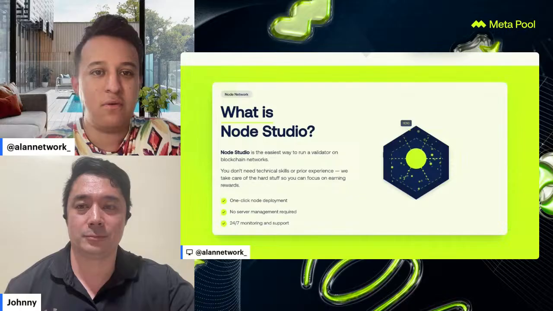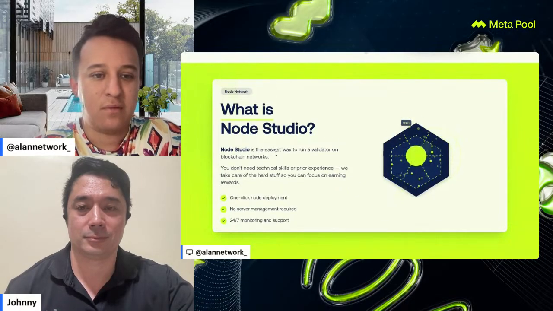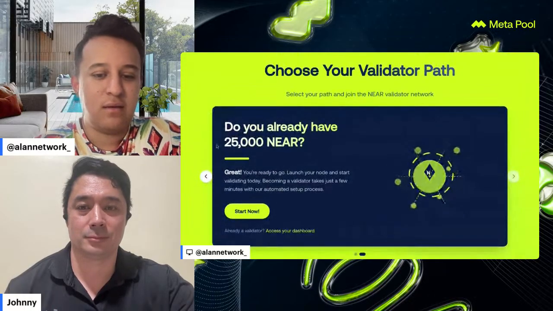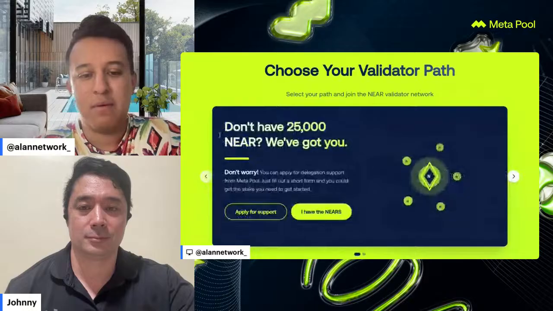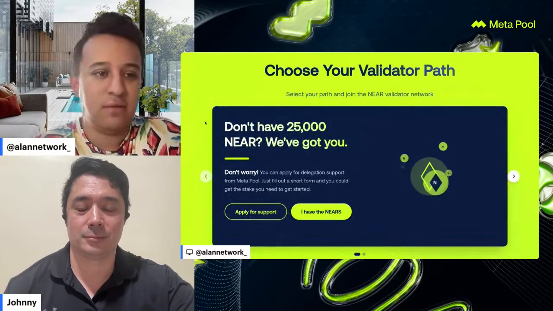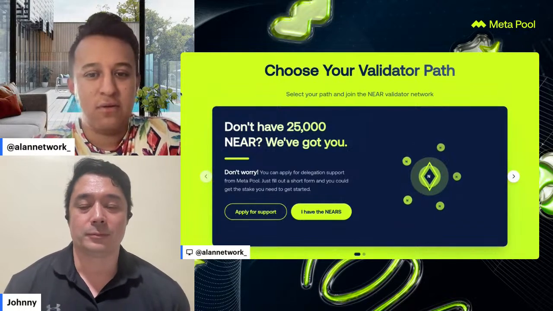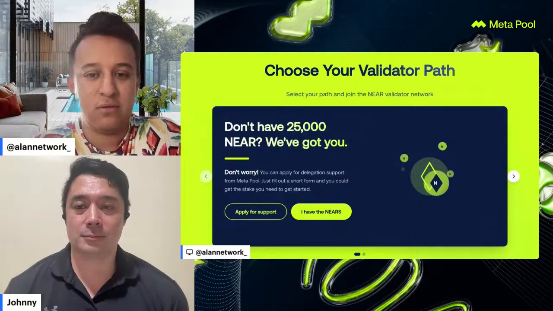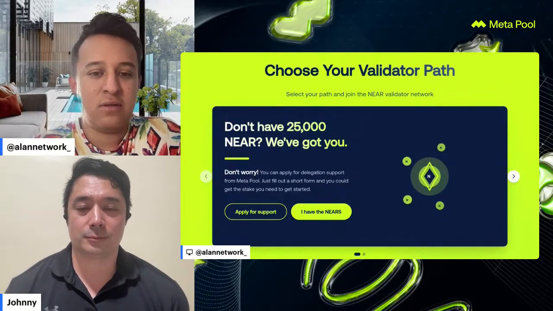And I'm showing you right now the nodestudio.metapool.app website that we have available. Here you can find both options that we have available for you. If you don't have 25,000 NIR tokens to be a validator, you can choose to apply for support from Meta Pool and NIR Foundation in order to receive delegation.